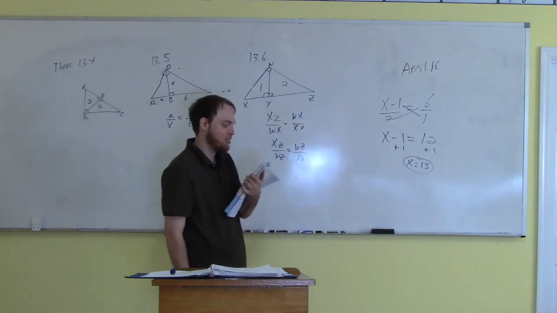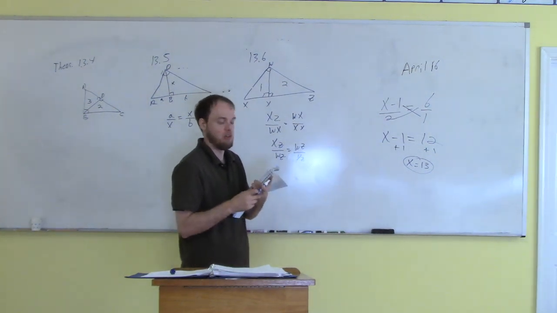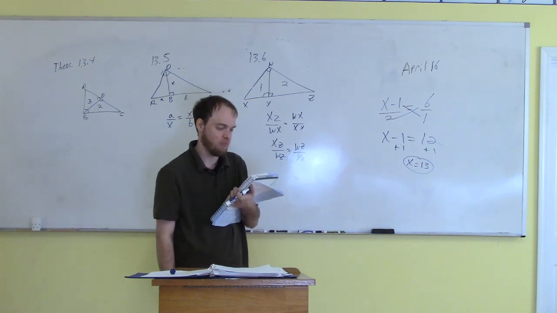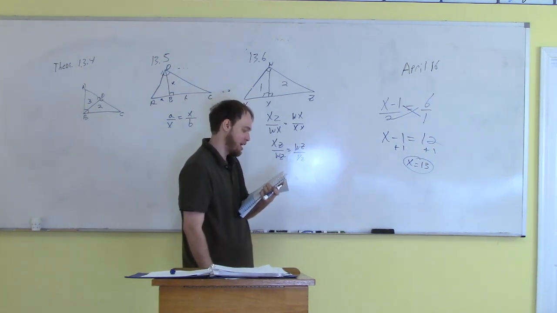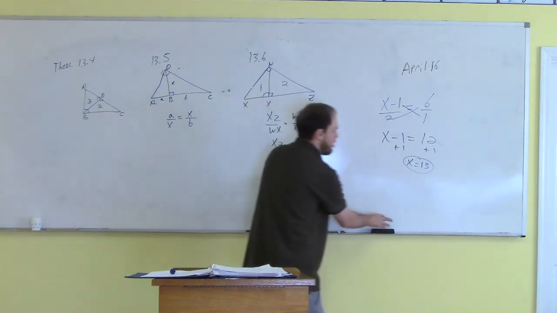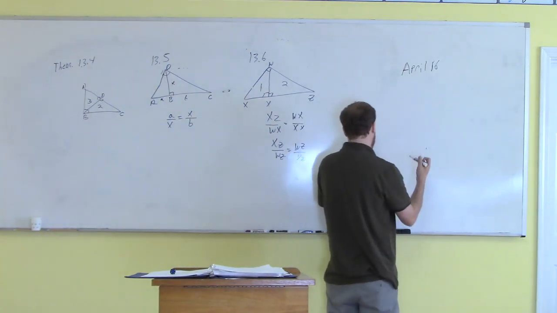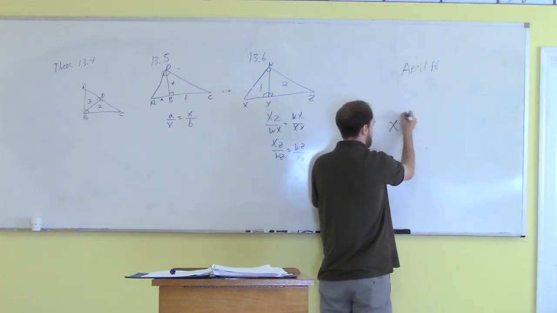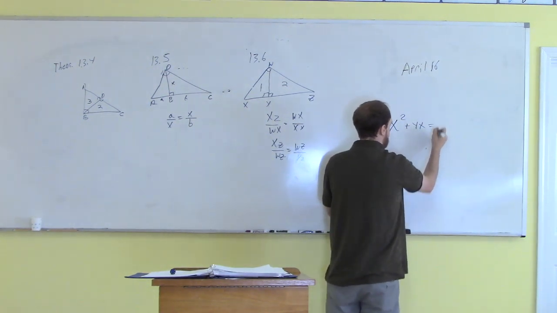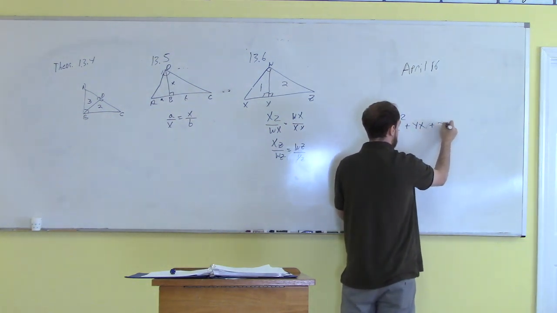Number 5 is going to work the same way, only you're going to end up with an x squared, and then you're going to have to factor that down. So just do the cross multiplication, and then factor that. So basically you need to remember how to factor. If you factored it through, and you wound up with x squared plus 4x minus 2,